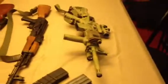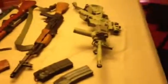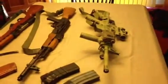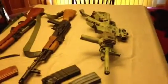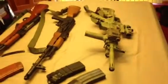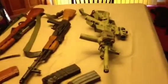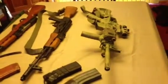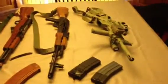A lot of people knock the 5.56 round and all that stuff, but I just don't believe that the military would have used it for the last 50 or 60 years, since the 1950s, if it wasn't a good round. They've done some things here and there that kind of screwed it up, but you know, the green tip ammo,